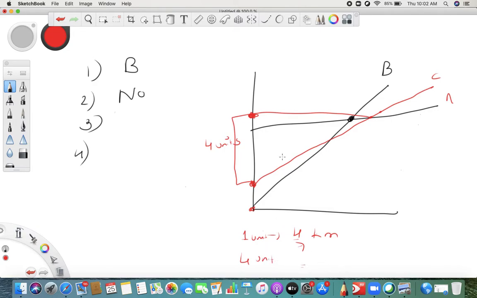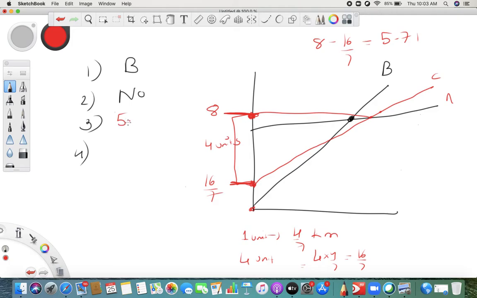Right? 4. So basically this and this. Okay, so here this is 8. This is at 8. And here this is at 4 into 4 by 7. That is 16 by 7. So this is 16 by 7. And if you subtract 8 from 16 by 7, you get 5.71 kilometer.